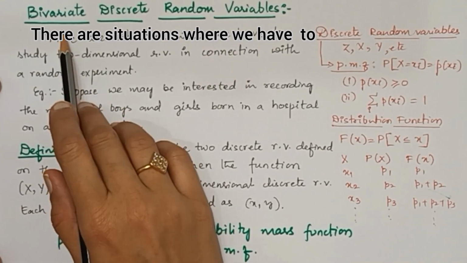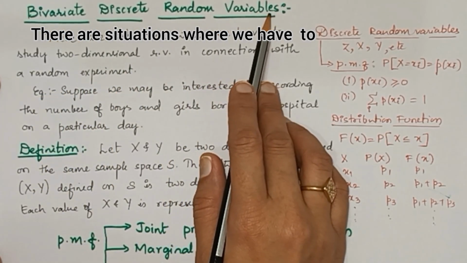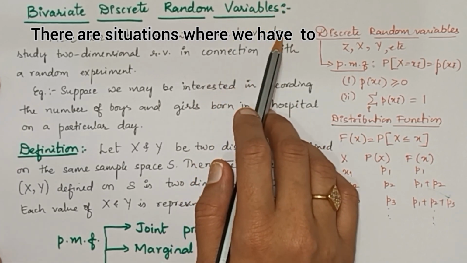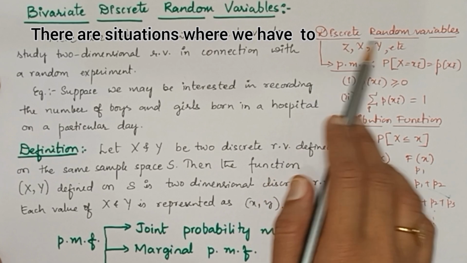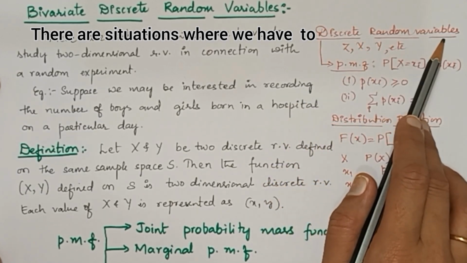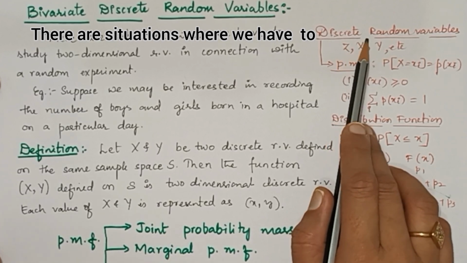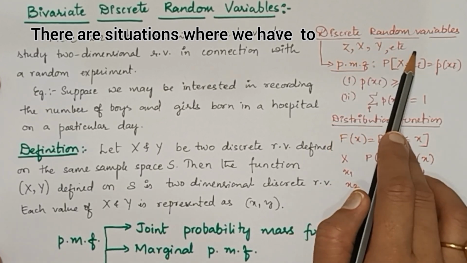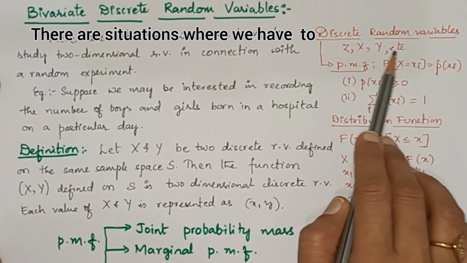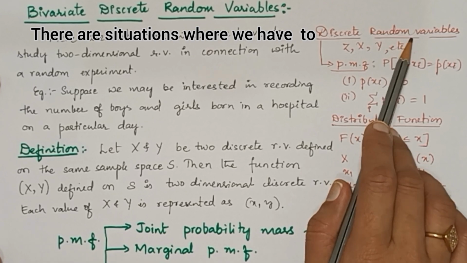In this video, I am explaining bivariate discrete random variables, their probability function and distribution function. In the previous video, I had already explained what discrete random variables are, and how to denote them by capital letters X, Y, Z. Now, a discrete random variable takes only whole numbers as its values, and these values can be arranged in the